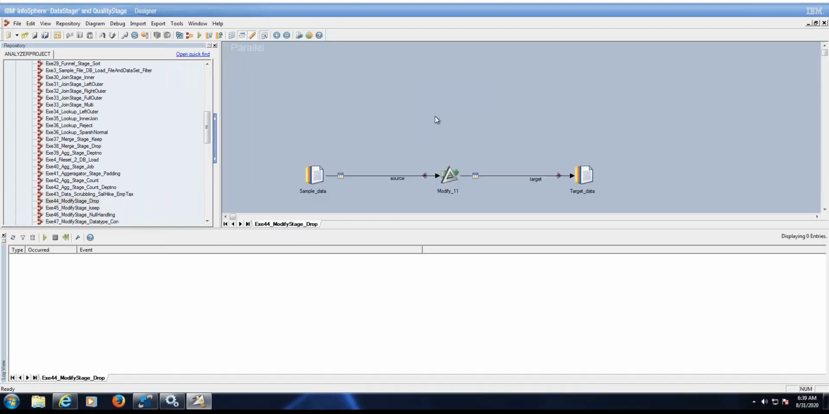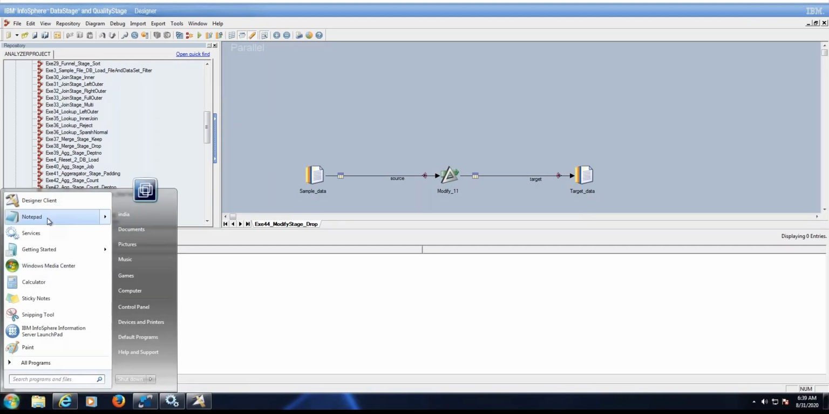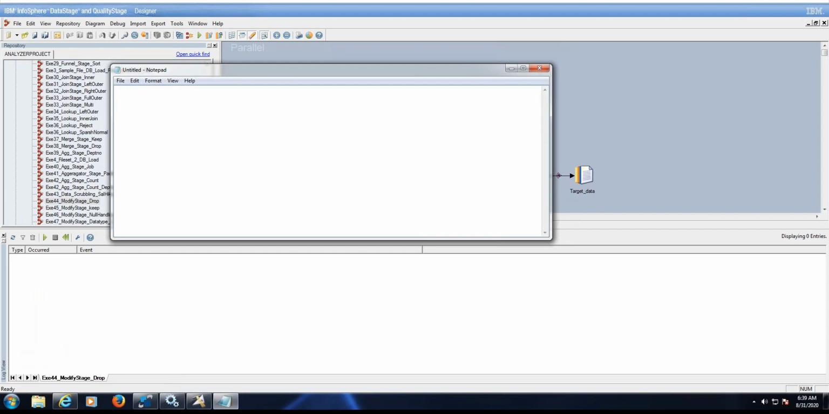Now let's discuss the modify stage. Before that, I will open modify stage number 1. The first feature is to drop columns and keep columns. While loading into the target, if we don't need unnecessary columns, we can drop them off. Only the columns that you want, you can keep. That is the modify stage feature, and the second one is